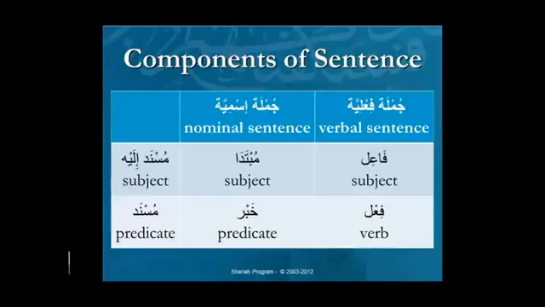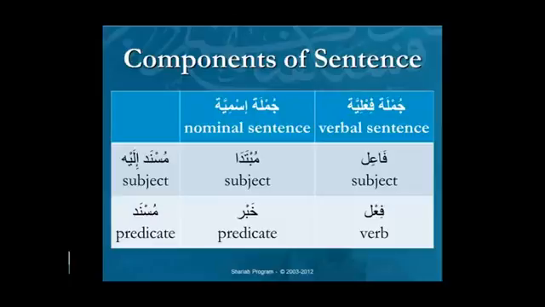In a verbal sentence, first of all, you need to know that the verb is at the front, so that's an example of the predicate preceding the subject, which in English does not happen. But in Arabic it would happen. Dhahaba Zaydun: dhahaba is the predicate, and Zayd is the subject, but we're not going to say subject and predicate, we're going to say fi'al and fa'il. Fi'al literally means verb, and fa'il means doer of the verb.